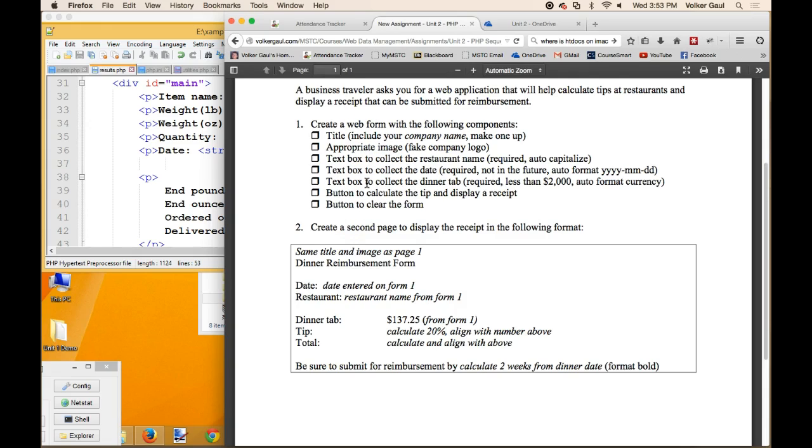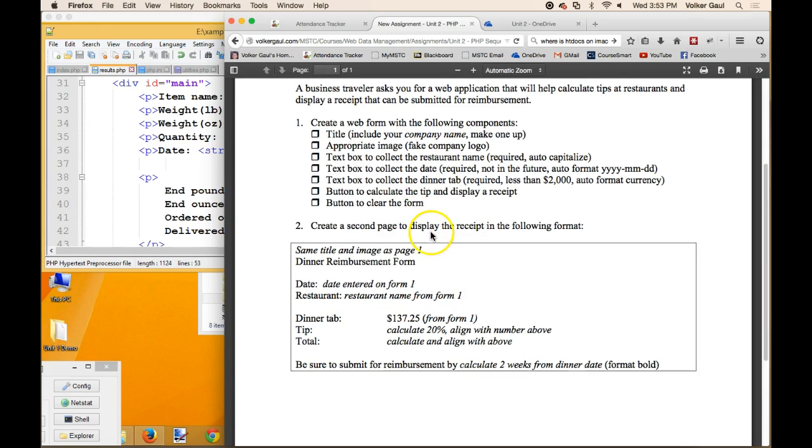My advice, create the form. I don't remember if it says we have to do validation here. Maybe this one doesn't. Appropriate image, required, auto capitalize, auto format, less than 2, guess what? Validation on the JavaScript side. Then a button that calculates and displays a receipt. Now this is lying, the button does not calculate, the button doesn't display, the button simply submits the form with all its data to a results page, a receipt page, whatever you want to call it,